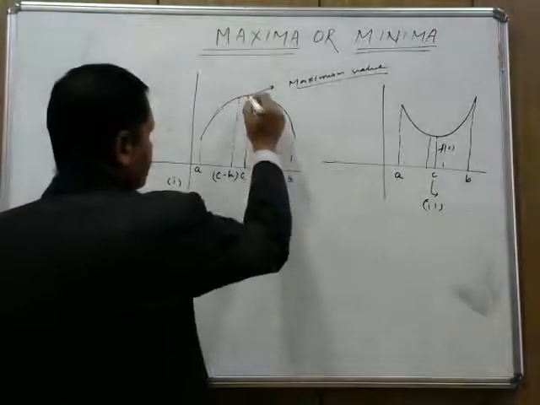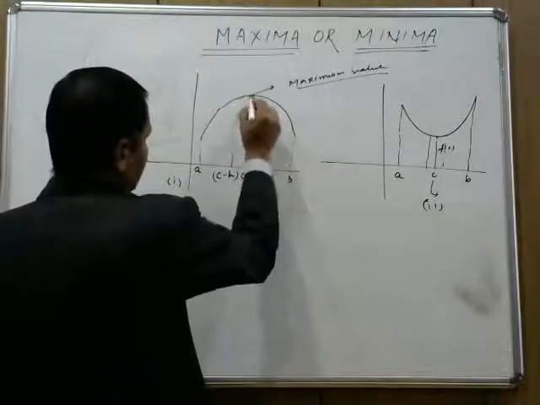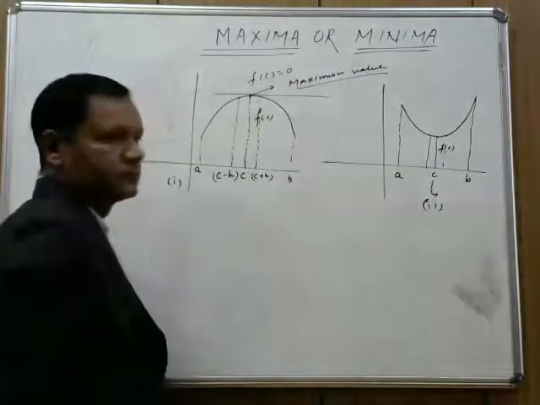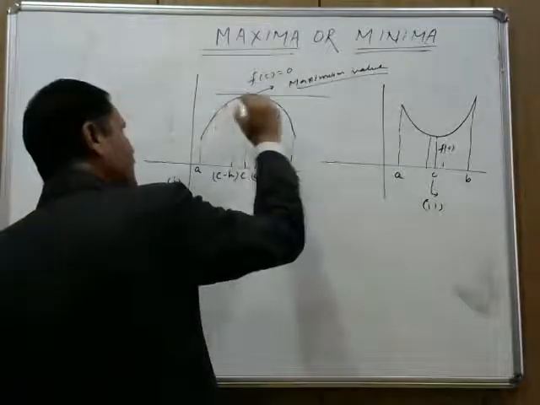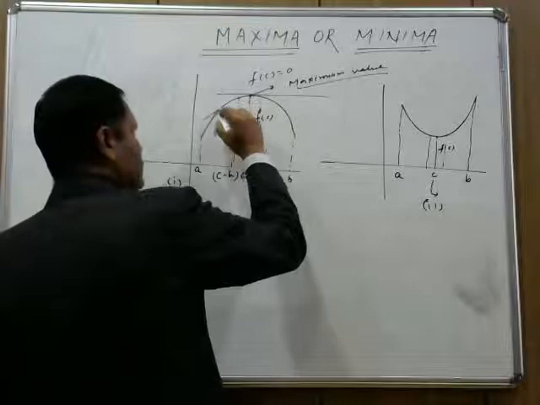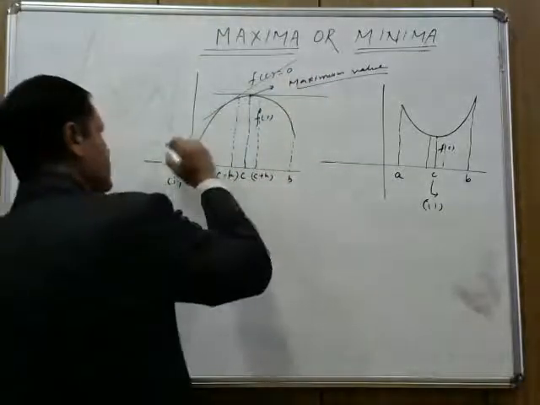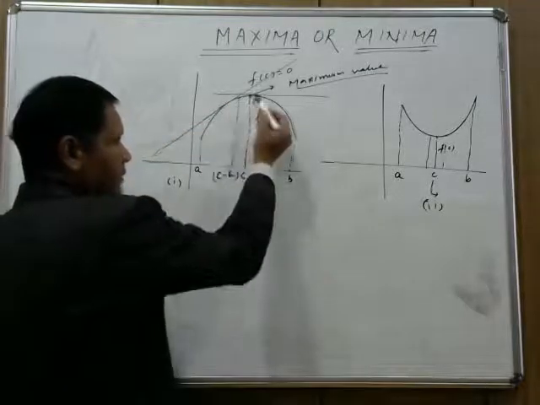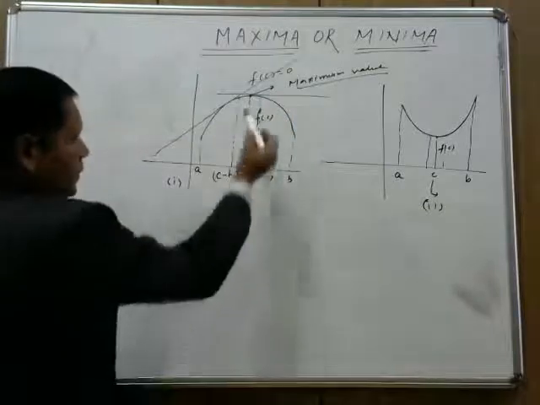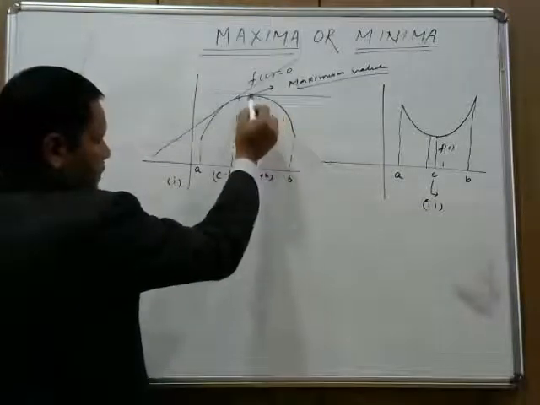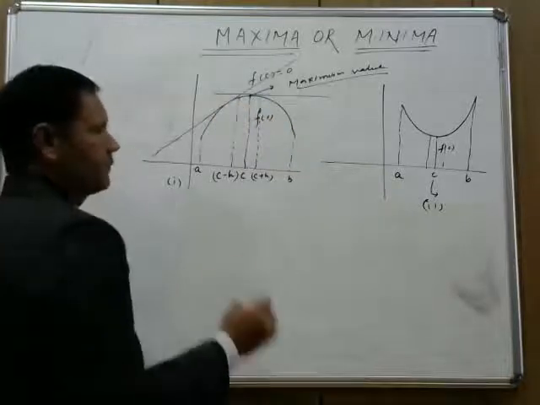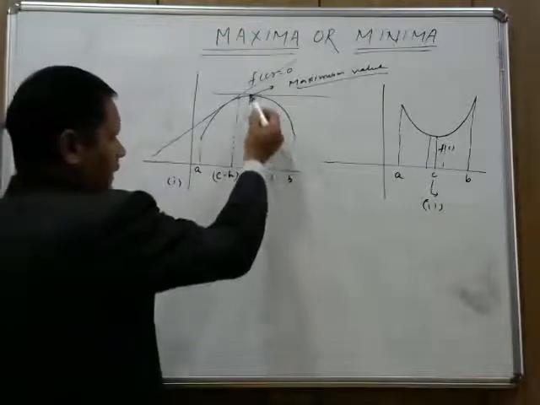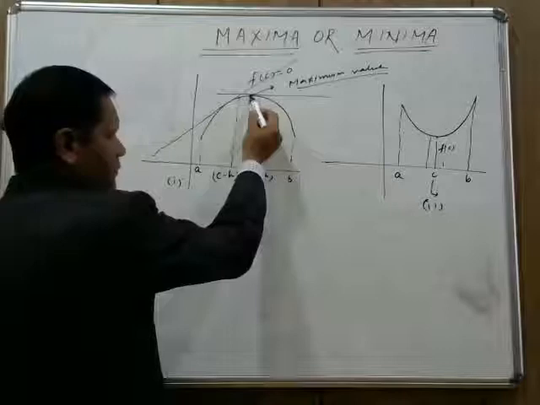At this point C, if I draw the tangent, f dash of c will be equal to 0, and the slope at any point before c will look like this. Here the slope is positive. Before c, listen carefully. At this point c, if I draw the tangent, that means if I find the value of f dash of x here, then it will be equal to 0, isn't it?